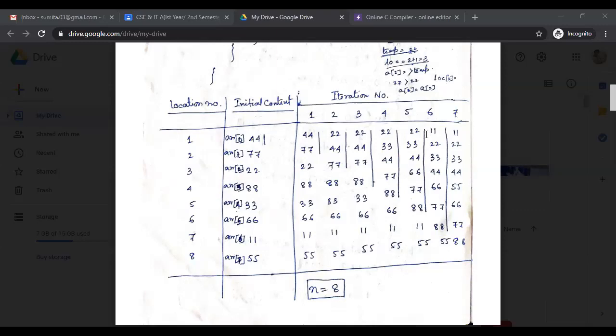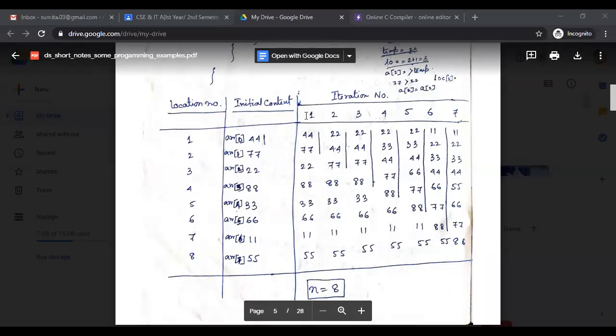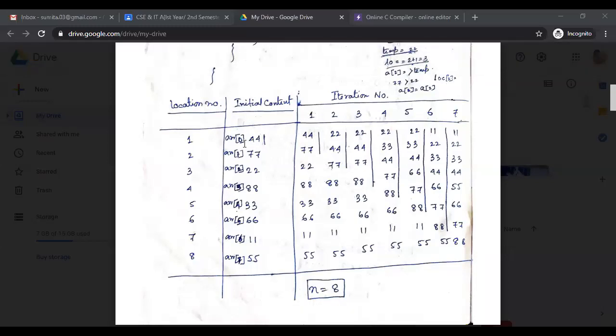In case of one element, there is no option for any comparison. So in the first iteration, only 44 is there, so there is no comparison. Move on to the second iteration.